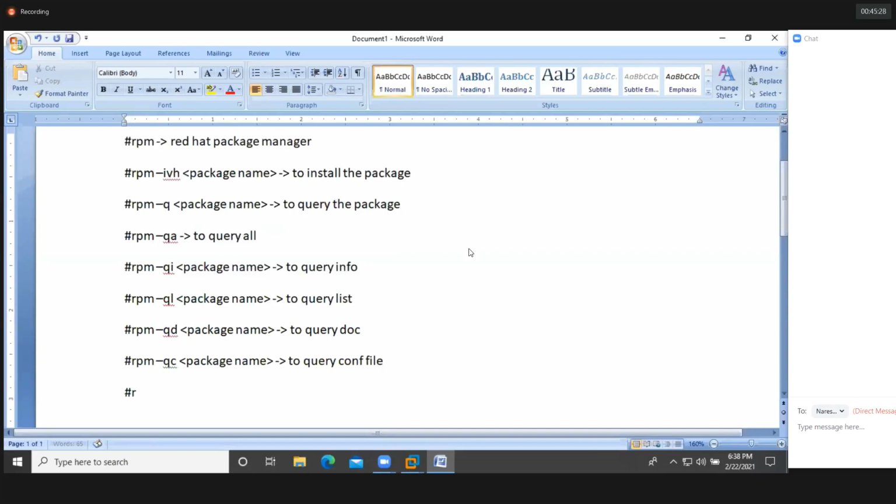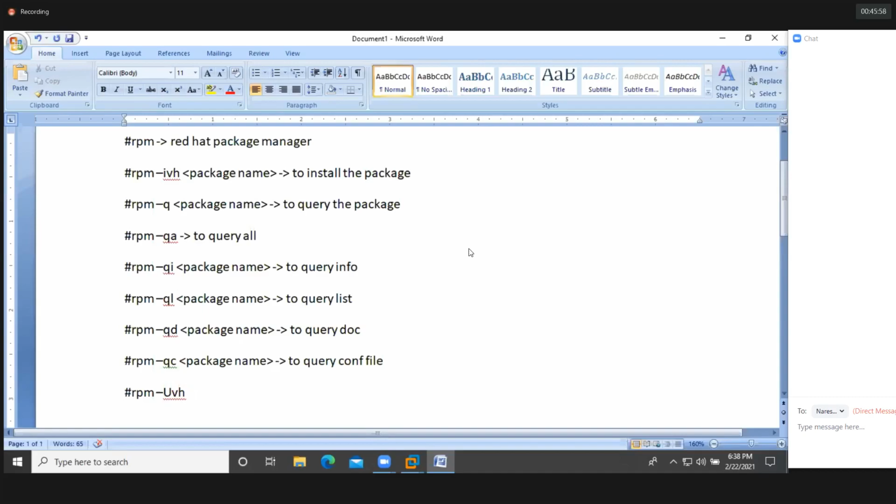rpm -Uvh. U is for update, guys. If you get any new update from your subscriber, maybe from the internet, related to VSFTPD, the tree command, or HTTPD, we need to upgrade the package.